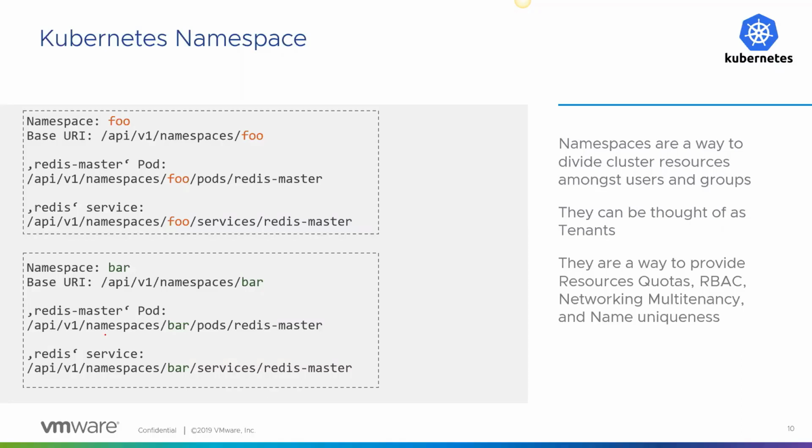Because for a given application or for a given business unit, I want to ensure that only the respective DevOps teams can deploy pods in that namespace versus another namespace that's dedicated to another team. And I can also assign resources to them to ensure that there's isolation between them. That is essentially what namespaces are. So we can assign quotas, we can assign role-based access control. It's a way of implementing multi-tenancy for containers.